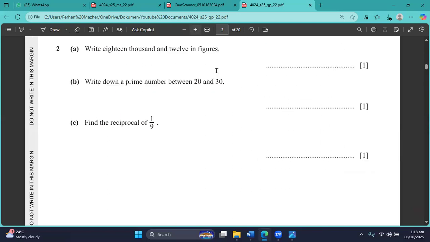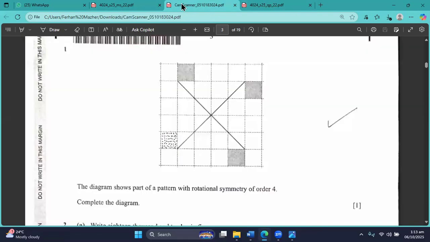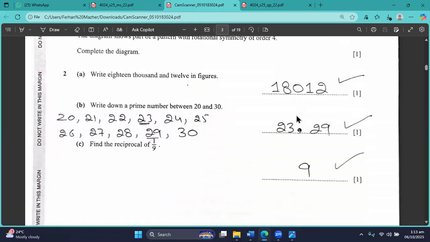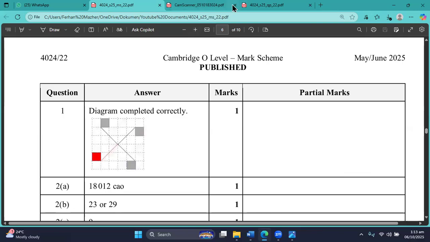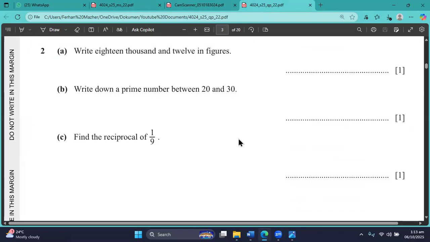He says, write 18,012 in figures. So 18,012. Let me check. Yes, that's right. Then question number 2, part B: write down the prime number between 20